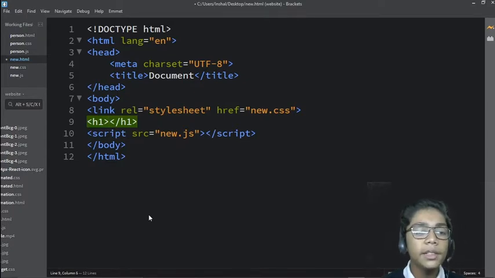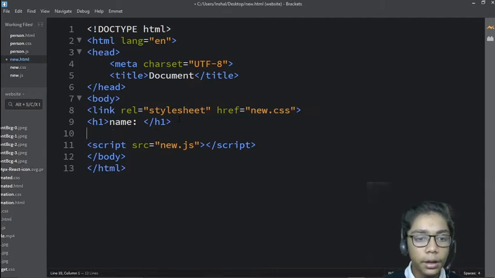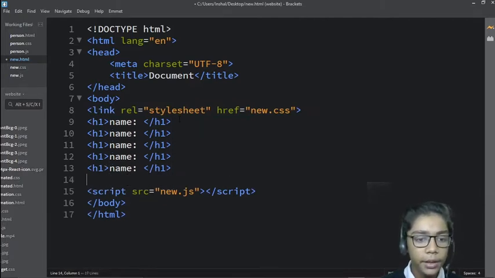And now here I will write another thing. Okay, so I will write name first of all. You have to write name. Because there was nothing which needed to be capital, I was writing everything in small letters. So I will give a space because there was a space, and I will copy and paste that many times because there were many things which I have to write. So hit Control Z and paste that again.